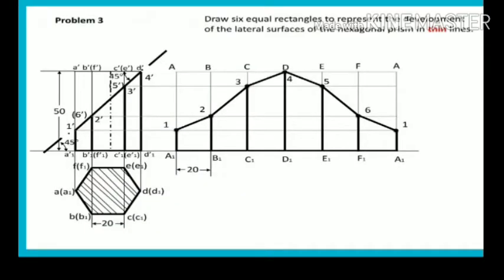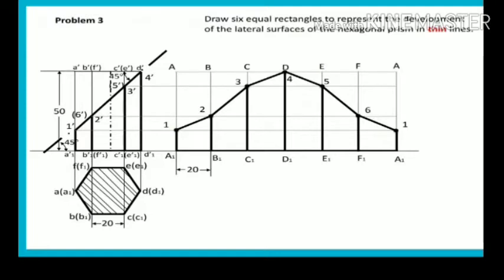Now if you look at the figure, first we have drawn the top view, that is a hexagon. Here we have named the 6 corners of the hexagon as A, B, C, D, E, F. Again it is named A1, B1, C1, D1, E1, F1 because it is the top view of the whole hexagonal prism, top face and bottom face. Now the points AA1, BB1 indicate the rectangular faces. There are 6 rectangular faces that are bonded to each other.